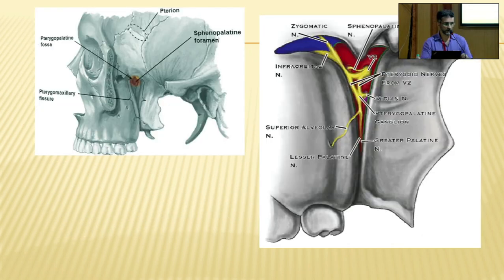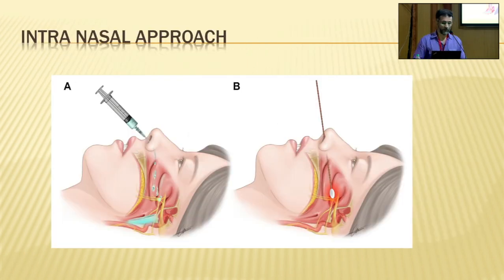Now this is the famous reverse triangle. This is the space that we need to target. Even in fluoroscopy, when I'll be sharing the images, this is the reverse flask shape that we need to target. Second, regarding the complications, any structure present here, right from the zygomatic nerve, the infraorbital, alveolar, lesser palatine, greater palatine, all these nerves along with the arteries are the ones which can be damaged if we are not careful during the procedure. Now, how do we do it?